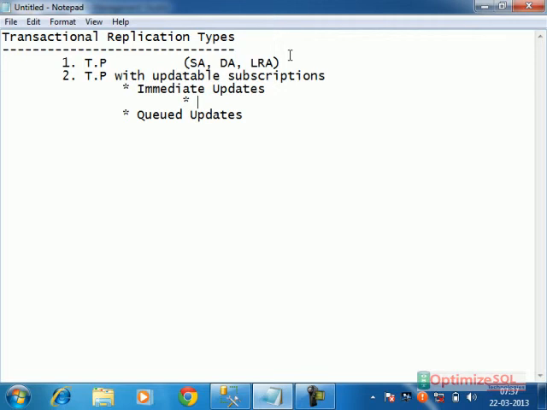In case of immediate updates, first it is updating in publisher, inserting or updating or deleting. Once it is done there successfully, then it is updated in subscriber. After that only it will get the response. Conflicts will not be there. If any conflict is there, user will get the message that your transaction failed or something like this. Just remember, in case of immediate updates, what happens? User makes changes in which server? In subscriber.